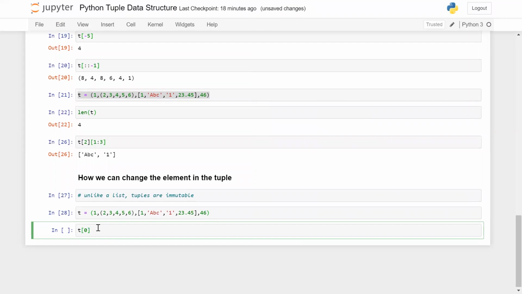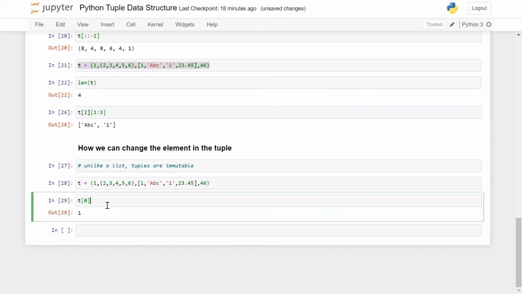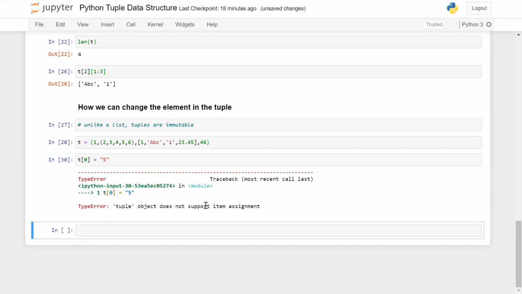It will give me 1. Can I change it to, let's say, 5? It gives the error: tuple object does not support item assignment.